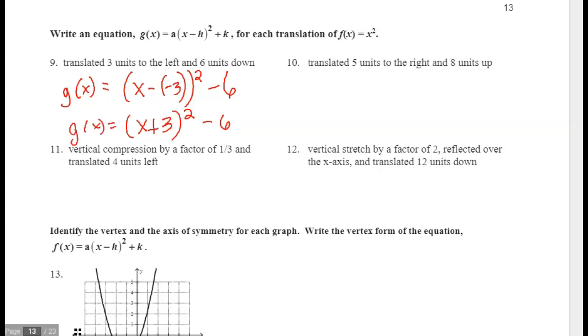Okay, next one. So 5 units to the right and 8 units up. So we're going to go 5 units right. So g of x is equal to x minus 5 plus 8, and we got our squared there. A vertical compression. Okay, this is where it gets wider or narrower by a factor of 1/3 and translated 4 units left. So what we have here, we have g of x